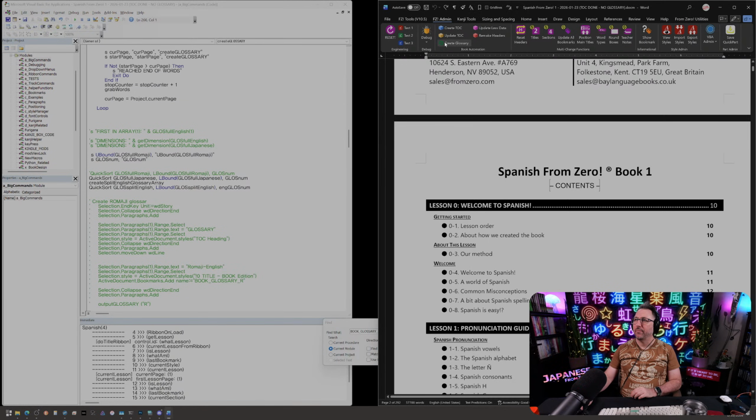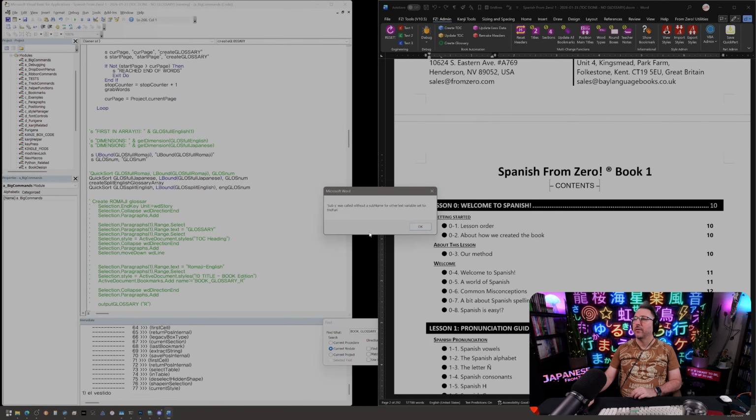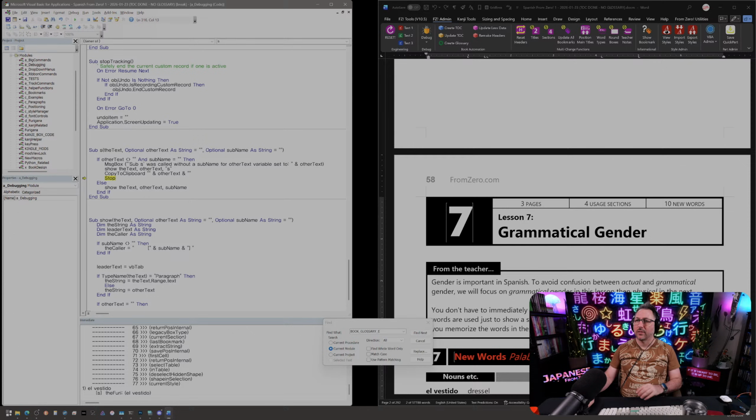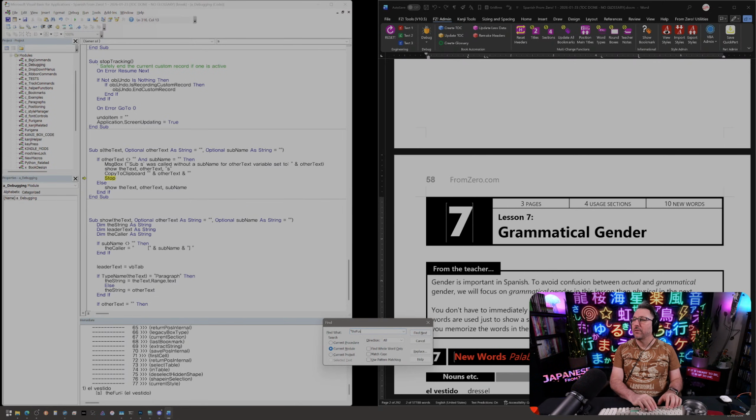All right, here we go. Creating the full glossary will take a few minutes. Do it? Yes. Sub S was called without a subname for other text variable set to the footy. Good. This is good. This is a planned issue that I'm rooting out, these type of errors. It's not an error, but